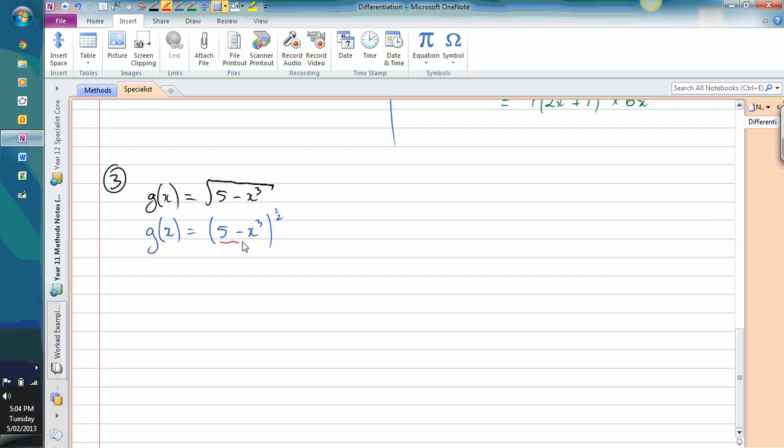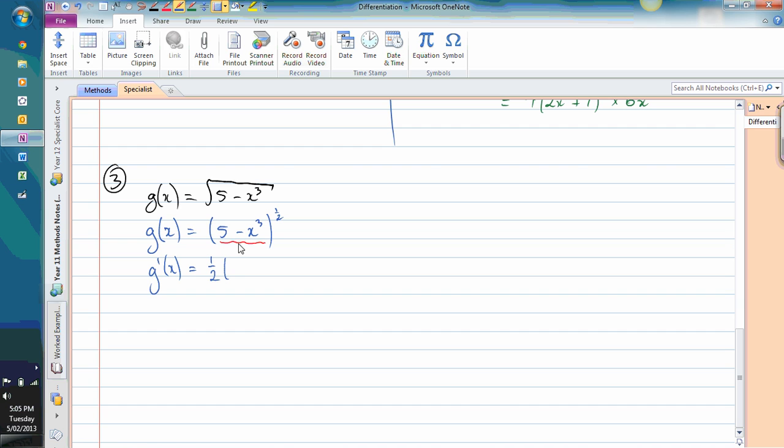Notice again I've got one function that's relatively simple to differentiate inside another function that's relatively easy to differentiate. So we have a chain rule. And the shortcut method says we treat this chunk here as if it were just an x. Just temporarily we're going to treat it that way. So I'm differentiating now. I need to put my derivative down to say the derivative is equal to what I'm about to write. So g prime of x equals, treating this all as an x, bring the power down,